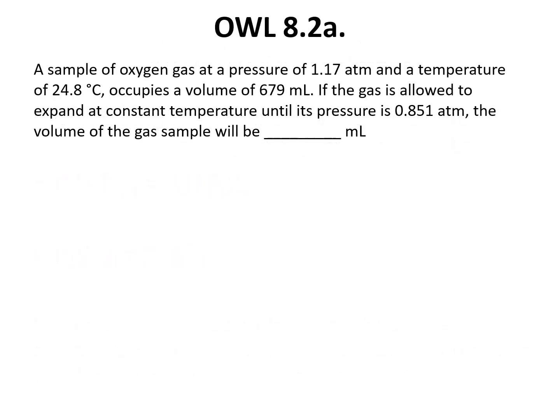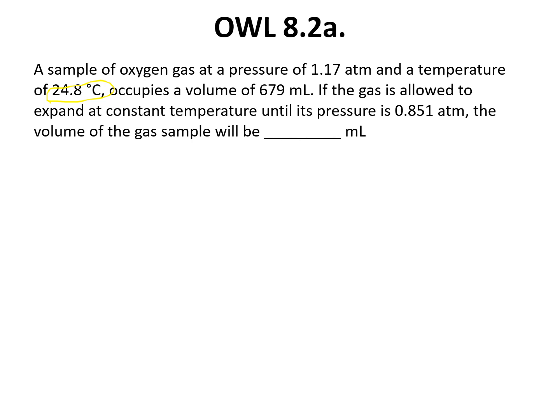In OWL 8.2, we're given a sample of oxygen gas at a pressure of 1.17 atmospheres and a temperature of 24.8 degrees Celsius. So a little bit of a red flag when I see degrees Celsius. I know that I am going to need to convert that to Kelvin. This gas occupies a certain volume, and that is 679 milliliters. If the gas is allowed to expand at constant temperature with decreasing pressure, what will the volume of the gas